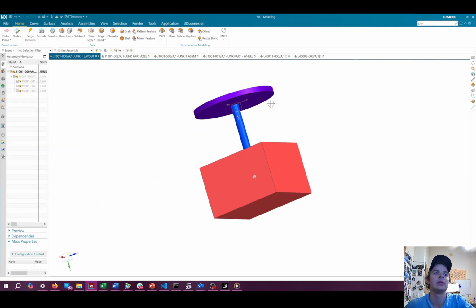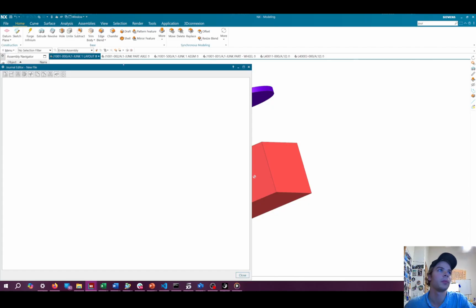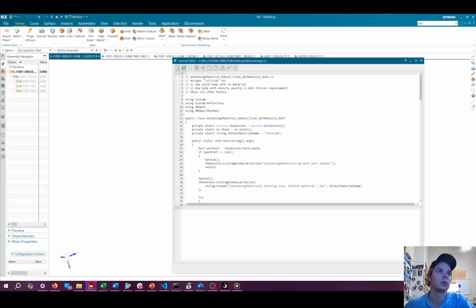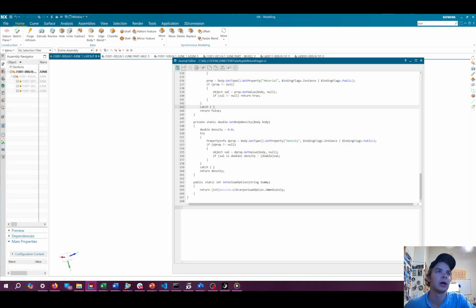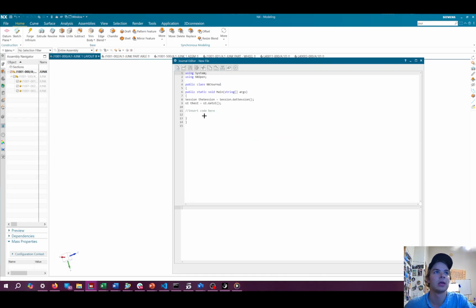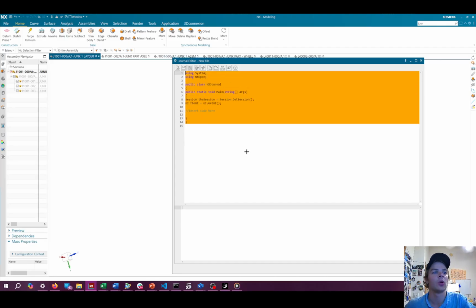what you'll do is you'll go to your search bar up here, and then you'll type in journal. Probably only need to type in a few letters there, and then click edit journal, and then it'll bring you to something like this. More likely than not, this will all be blank. Then you'll copy and paste the code on the Confluence page into here, which will make it look like